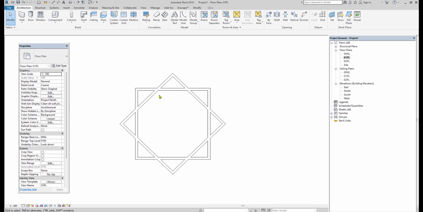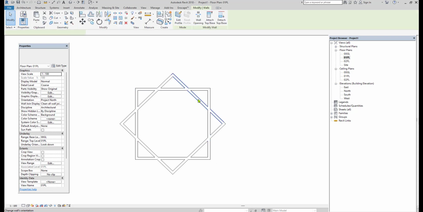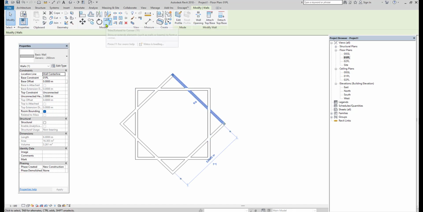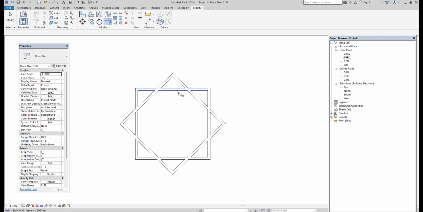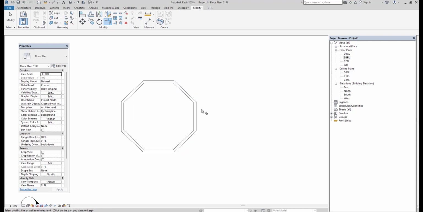So if I want to make a design, then I just want to trim this corner unwanted portion. For that you can select any wall to activate the command, that is trim or extend to corner option. So I am just going to select the wanted portion only. So select this one and this one. Just continue the same process. You have to click which portion you want to keep. Then you can go ahead like this. So like this way you can go with the trim. Already we learned this command in the last session.